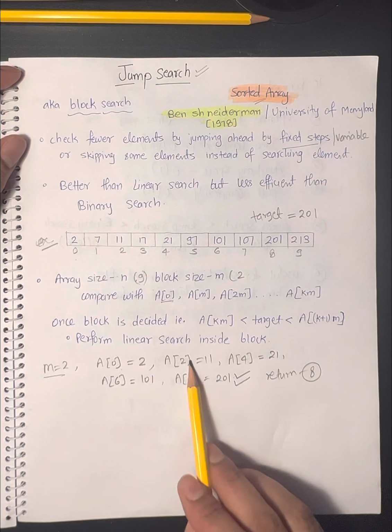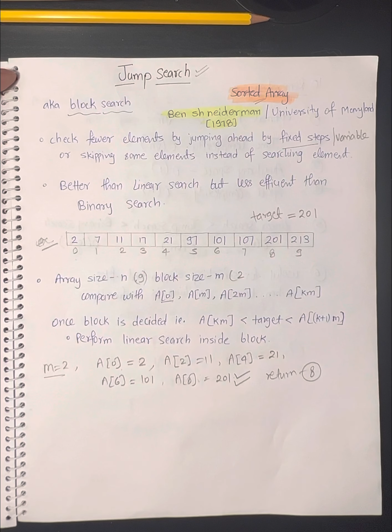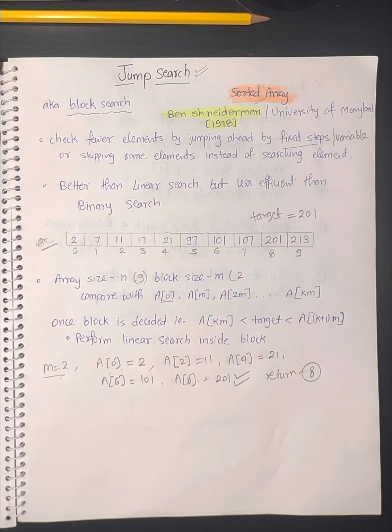The number of comparisons we did is 5: 0, 2, 4, 6 and 8. Okay, so the basics of the jump search algorithm are that much. It's simply a linear search algorithm where we have added a twist. Rather than comparing all elements, we jump by some value. In this case, we took the value 2, and we compared 0, 2, 4, 6 and 8.